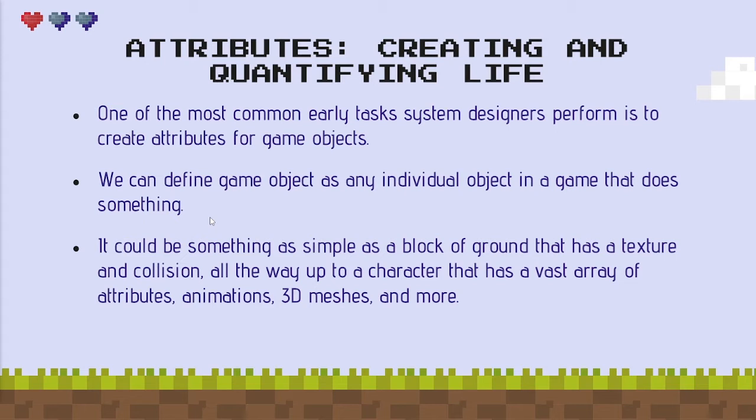It could also be as simple as a block of ground that has texture and collision, all the way up to the character that has a vast array of attributes, animations, 3D meshes, and more. So as I mentioned earlier, all the objects that you can see within the game where interaction is possible. Let's say the ground, what is the interaction with the ground? So let's say for example, your character, once he or she is stepping on the ground, doesn't fall. It has collision. That's an interaction. We can consider the ground as an object. But like the example I provided earlier, let's say if it's just a background,